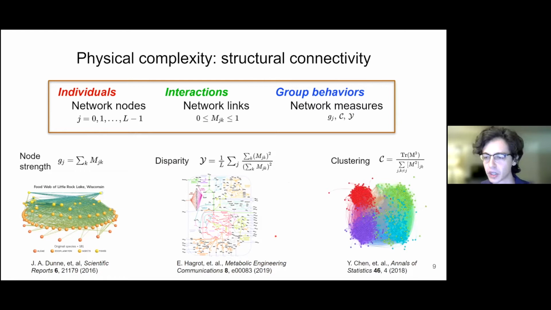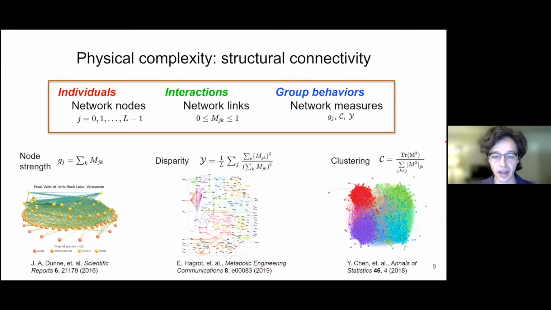Another example network measure is the clustering. This measures how much the nodes in the network tend to form a tight-knit community. An example network which tends to be highly clustered is that of a social network, where if I have two friends, it's likely that those two are friends themselves, forming this transitive connection network of triangles. That type of motif in the network gives a large clustering to the network.